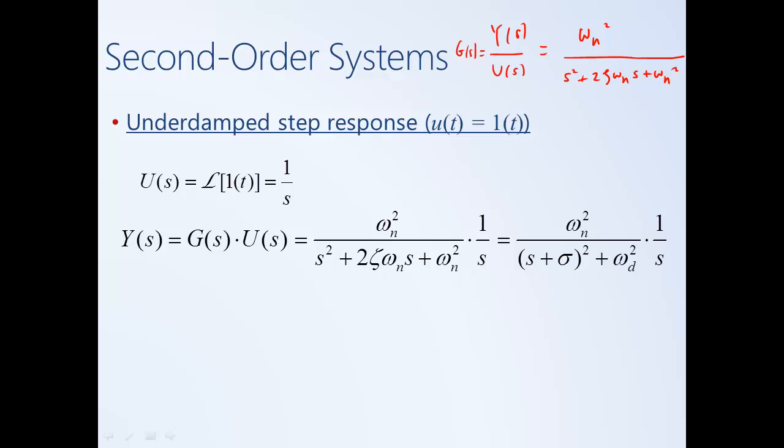I'm going to go ahead and express that in the alternative form in terms of sigma and omega d, where we complete the square to get this form. Looking at this is something that we may not recognize from the Laplace transform table. So what we can do is a partial fraction expansion where we have one real distinct pole, and then we have a quadratic, we have complex poles. And so if we keep the quadratic, then the numerator is going to have the form bs plus c. So we can find the values of a, b, and c in the same way that we've learned how to do the partial fraction before. I'm not going to go into that detail,